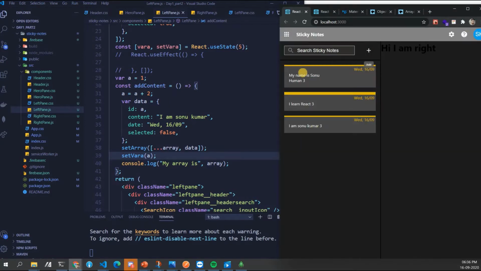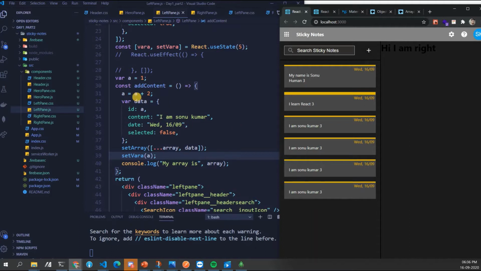If we do plus, it changed all of these places. Now if we do plus again, what happened? Again a will start from a plus 2, so all these values will be 3. You saw when I defined a plus 2, again it took a as 1 and then added. But you saw the first time it changed, no?